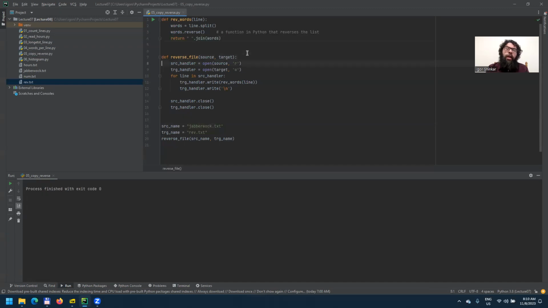Here's what it does. It opens the source. This time I will emphasize that it's read. Target will be as write. Okay. And here's what I'm going to do. For each line in the source handler, I could have done it in two steps. So I'm going to reverse the words. So I'm getting a new string. And I will write this,